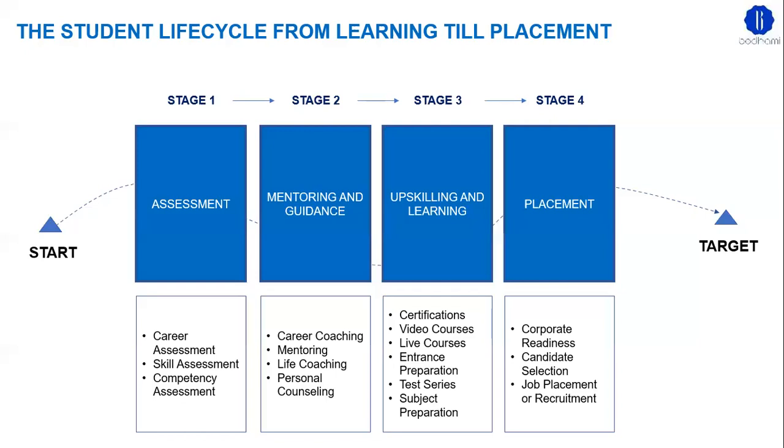After you do mentoring and guidance, you will lay down a path that this is the path you need to take in terms of the kind of interventions you need to do, in terms of the skill upliftment you need to do, in terms of exercises you need to do. Post which comes stage number 3. Stage number 3 is nothing but actually doing that work, which is actionables, which is upskilling and learning.